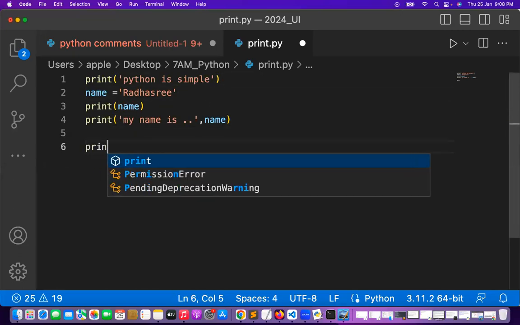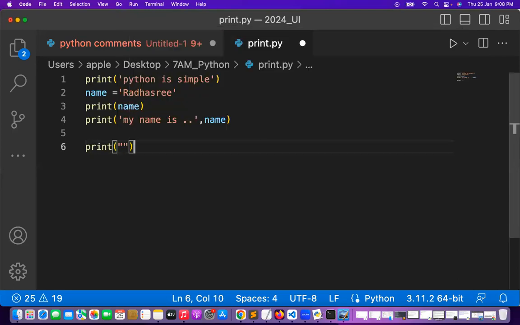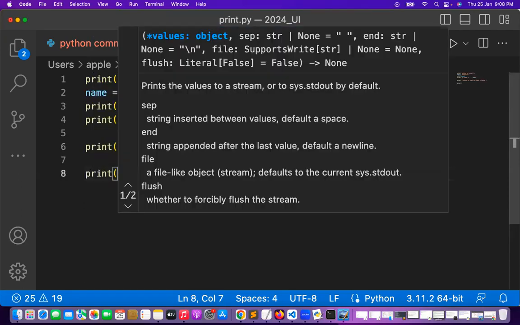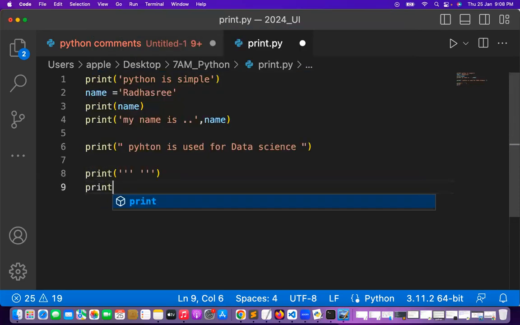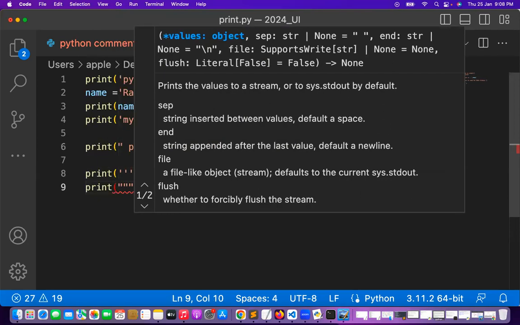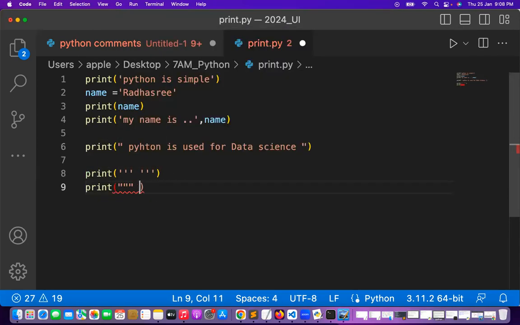One simple thing: in print you can use double quotes also. Previously I was giving single quotes, this time I'm giving double quotes. Python is used for data science. This is also one more way of writing print. And you can use a triple single quote also to write a print, and you can use a triple double quote also for the print. Okay, Python used for